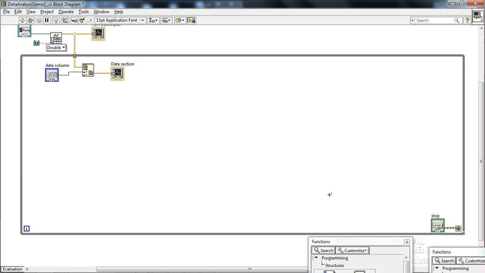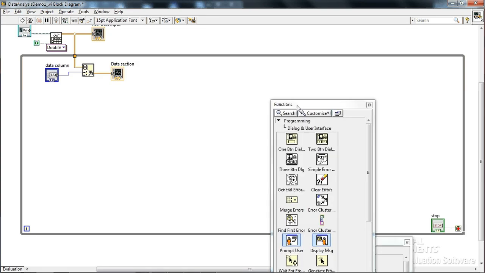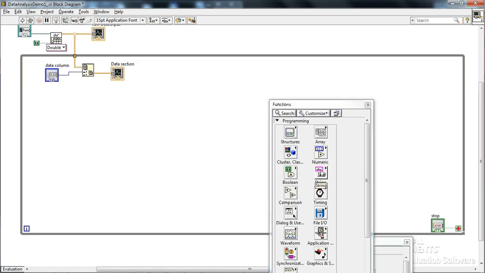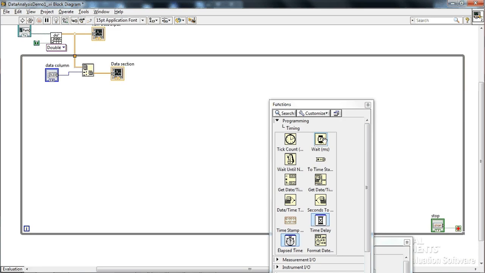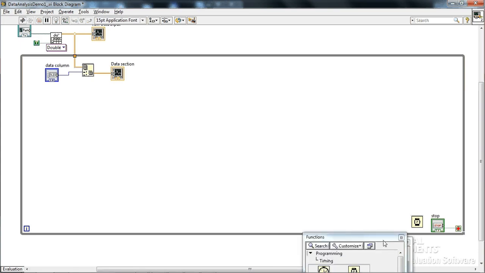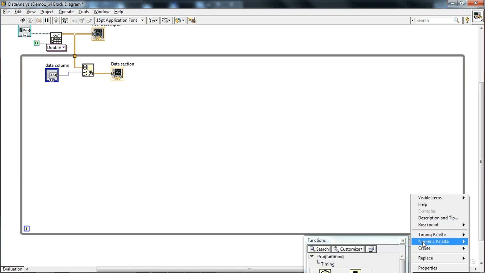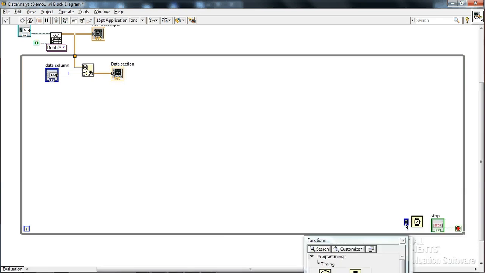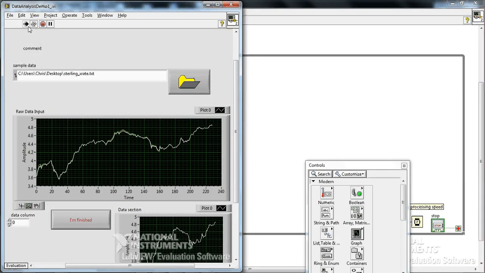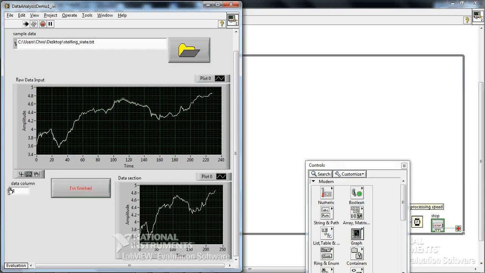Okay, so now let's try to run it. Oh, before I do this, very important, I stick a little timer in here. So in our programming thing, in the little stopwatch symbol, get this wait milliseconds icon. And so I'm going to right-click on this milliseconds to wait and say create constant. And this is just a blue number, which is an integer. And I'm going to double-click on that and edit it and say wait 20 milliseconds. And that just means in every loop, no matter how much time it takes to do all the code inside the loop, wait 20 extra milliseconds, okay? So now let's go and press go. So now we see we can change our data column